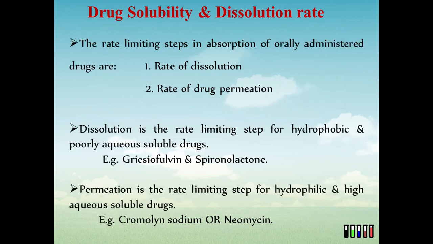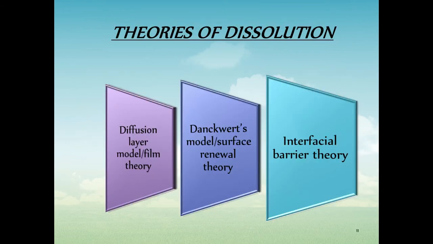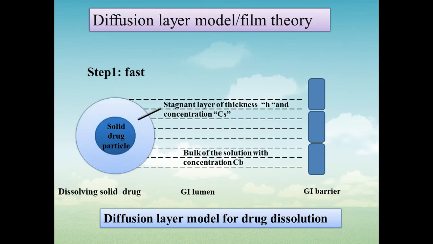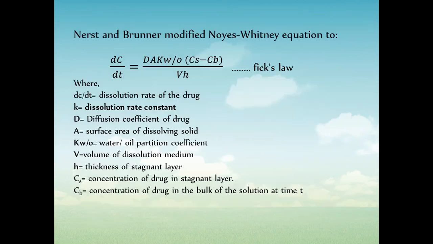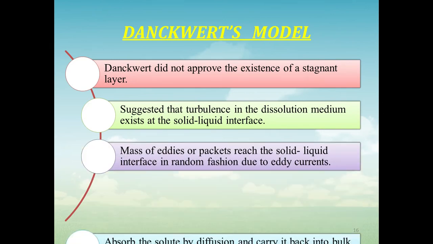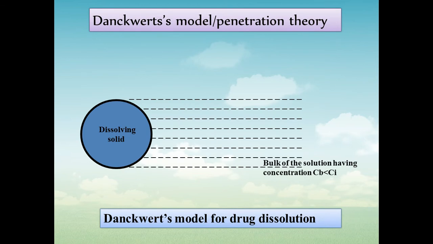This is drug dissolution and solubility. Then absorption depends on the rate of dissolution and rate of permeation, which we also saw. Then drug solubility and dissolution rate, what is the difference, and which different theories drug dissolution shows, we also saw by a simple animation method. Then we saw Fick's law of diffusion and the Noyes-Whitney model in the last lecture, with its advantages, merits and demerits, all covered.